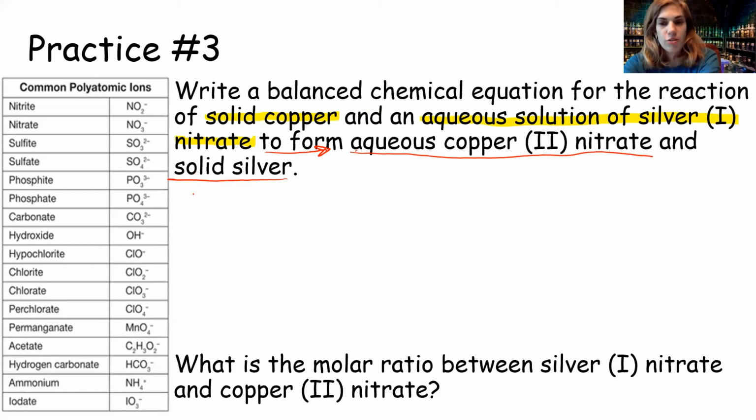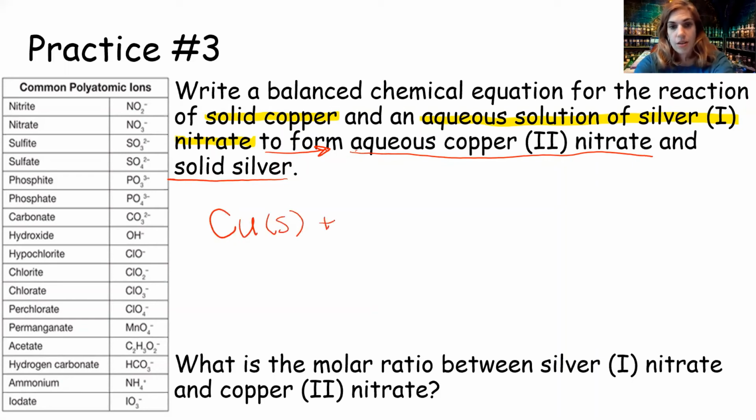For the first part, I'm going to write out my reactants. When it says solid copper, well, that's easy. I just need to look at the element copper. Since it's not a compound, I don't need to worry about cross and drop or anything like that. Single elements, don't worry. The only time you need to worry about something is if it's Brinkelhoff, which copper is not. So I've got a solid copper